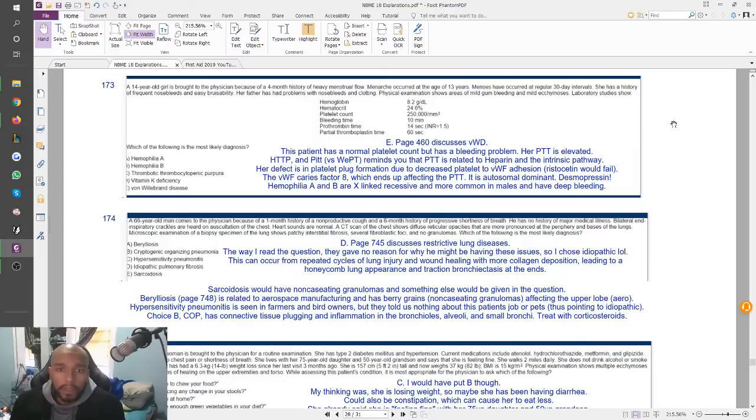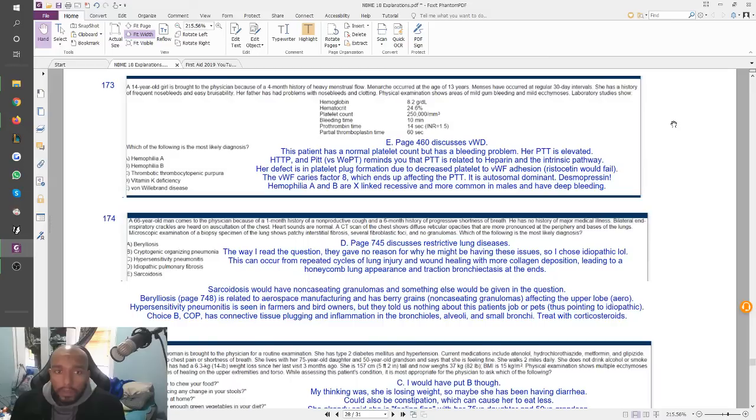So, reading all this, you're already diagnosing this, right? You already know this is von Willebrand disease. It's a girl. With females who have superficial bleeding, it's always von Willebrand disease, and it is autosomal dominant, so her father had it too. Hemophilia is going to have deeper bleeding, like hemarthrosis and stuff like that, and it's only going to be in the men, right? Because it's X-linked. So it's usually only going to be in men.